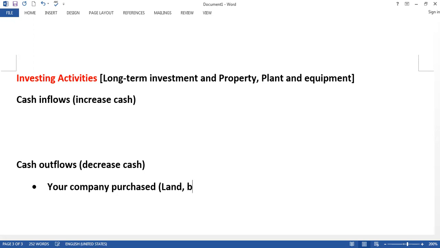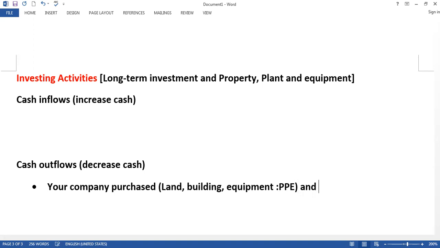Or your company can purchase building, or your company can purchase equipment. So this is called property, plant, and equipment. So land, your company purchase land, your company can purchase building, your company can purchase equipment,